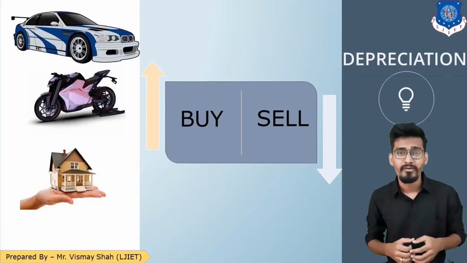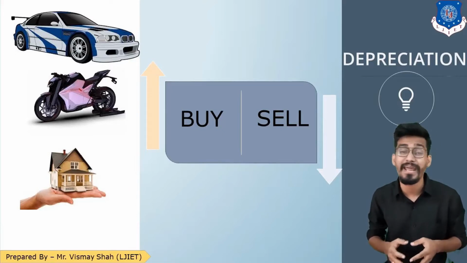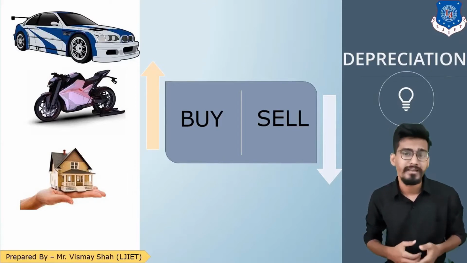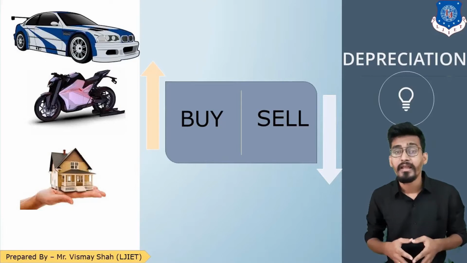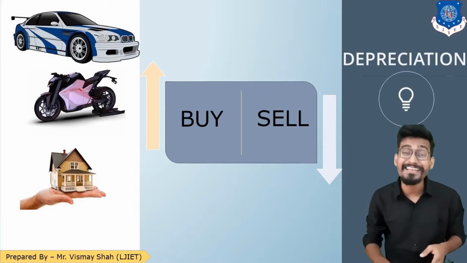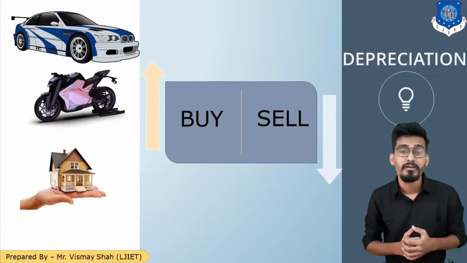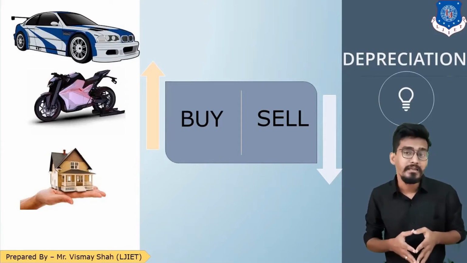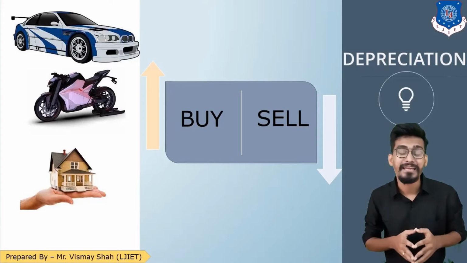But now, after a minimum usage of 1 year and a maximum usage of 5 to 10 years, when you try to sell that car, bike, or house, you will observe that your original value has decreased by a certain amount. The car of 7 to 10 lakh has now become around 1 to 2 lakh. The sports bike of around 2 to 2.5 lakh has now become around 50 to 70,000. How can this be possible? You have maintained it very well, but still the price is decreasing day by day.